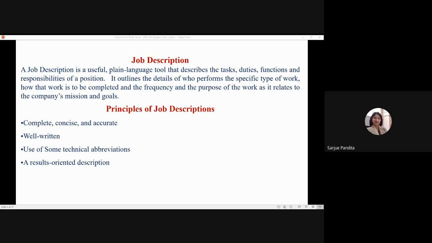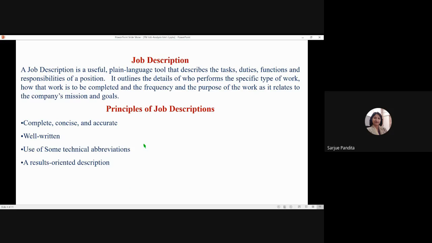Job descriptions are used for a variety of reasons, such as a tool for recruiting, determining compensation levels, conducting performance reviews, clarifying missions, and establishing discretion and independent judgment. A good job description gives an employee a very clear and concise resource to be used as a guide for